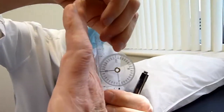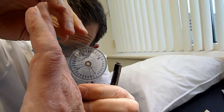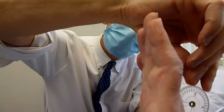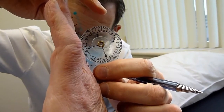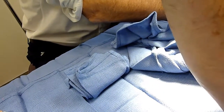Straighten up as best you can. PIP. You're sitting at 18 degrees about. And then the ring finger, you can hyperextend 4. And a true 0. Hyperextend. And then that's very nice. MCP ring. So it's a small ring. And then I take a look back